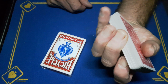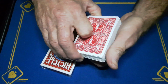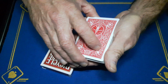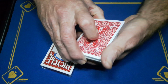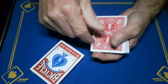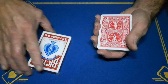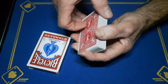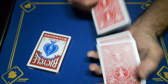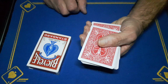The easiest way to ditch the bottom card is get a little pinky pull down on the bottom, turn it into a thumb break, cut the deck in half, place this portion on top of this, maintaining that break, and now you're just going to cut the cards at that point, drop it down. So what you've done, you've put that bottom card on the top, and now you've got this card on the bottom. You'll now just do a Hindu force by gripping the cards and pulling cards off the top until the spectator calls out stop. Stop right here, square them up and drop this down and say, right, I want you